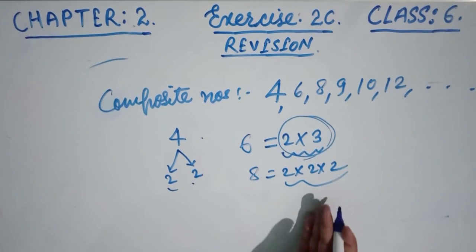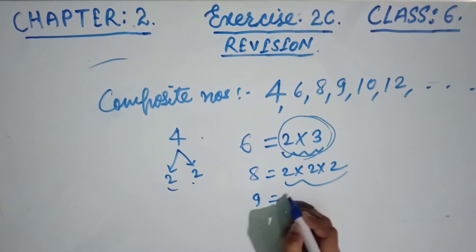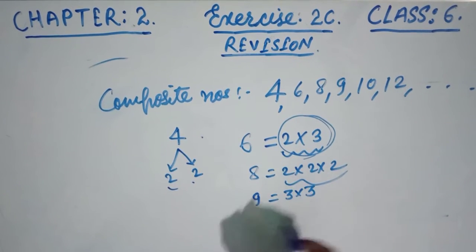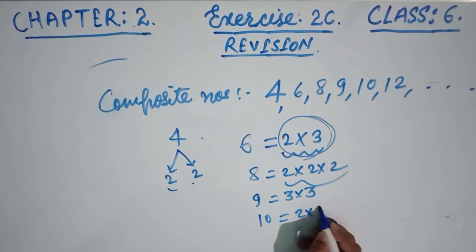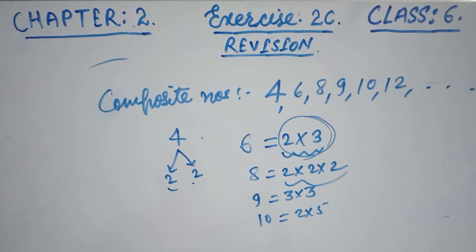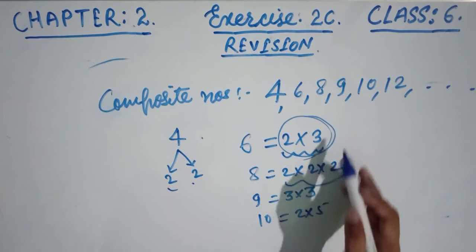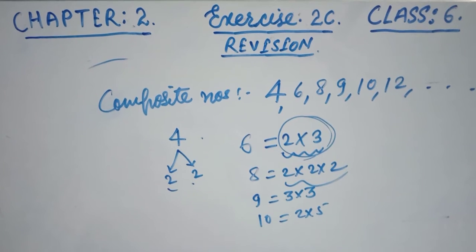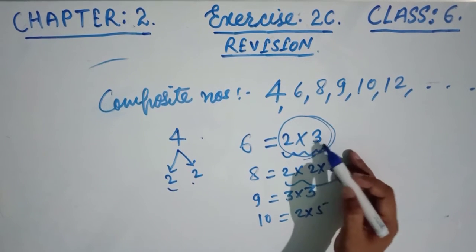So these are also prime numbers. So 9 can be written as 3 multiplied by 3, and 10 can be written as 2 multiplied by 5. Have a look, friends, every number in the position of the product is called a prime number. This is why this is known as prime factorization. So we can say that every composite number can be expressed as the product of primes,